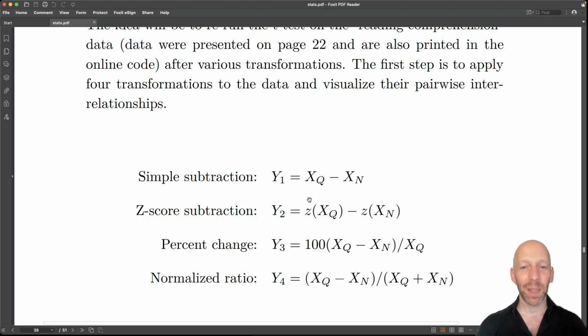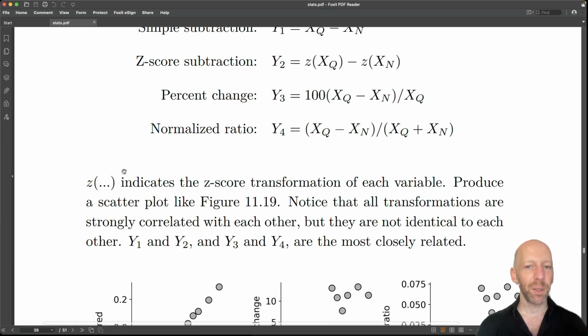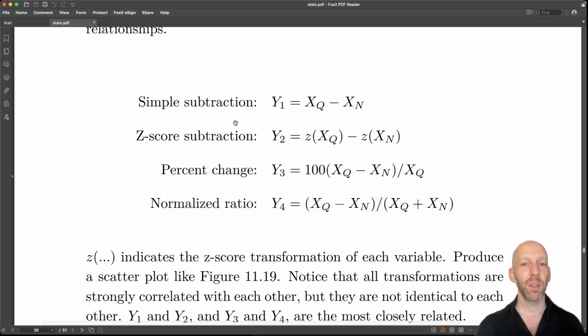And then we have this normalized ratio down here. So this is quiet minus noisy divided by quiet plus noisy. This is a common ratio that's used. Okay, so first, what you want to do is draw a bunch of scatter plots showing how all of these variables relate to each other. So scatter plot of y1 and y2, y1 and y3, y1 and y4, and so on